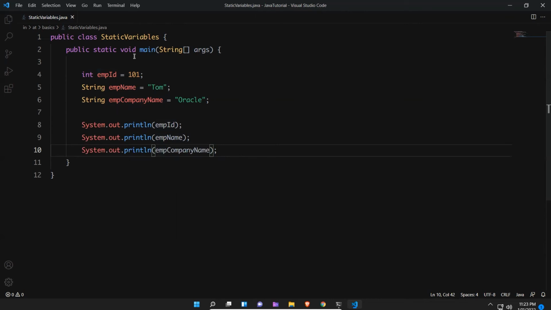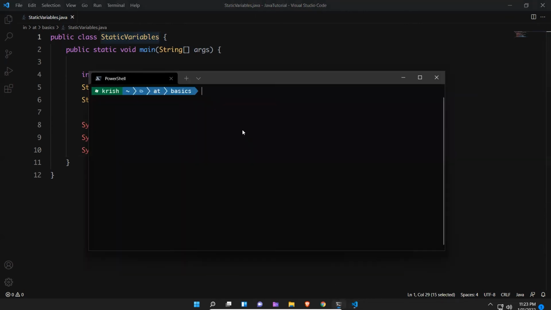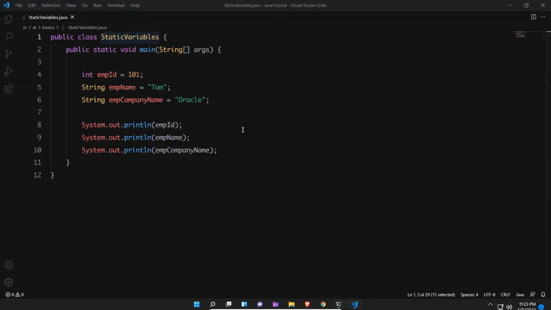If I try to execute this, since it is a main method, you can directly execute it. StaticVariable.java. It will print that information: 101 Tom Oracle. Okay. Now I have another